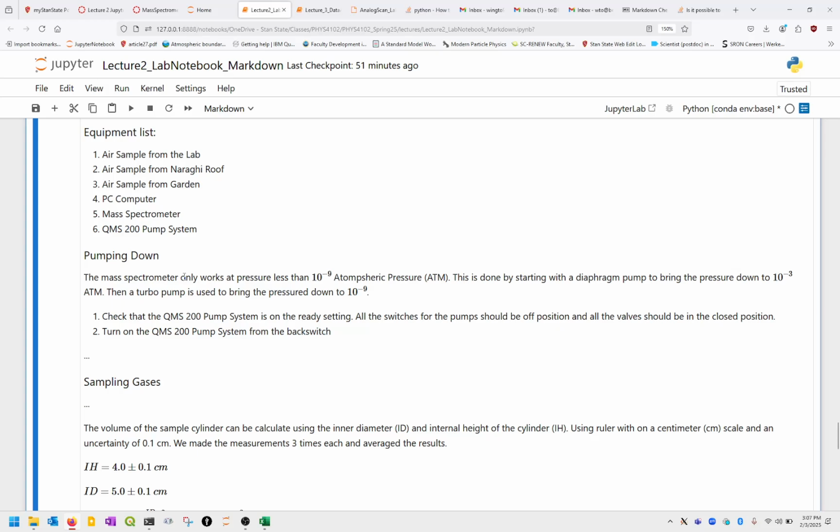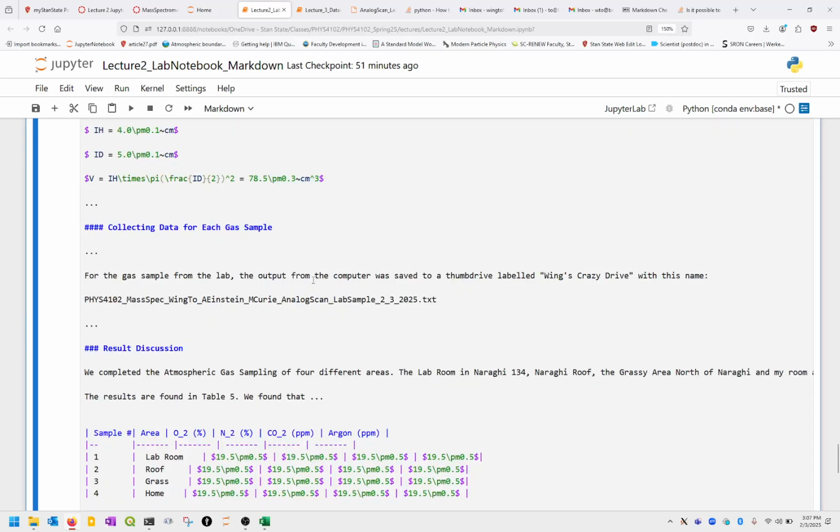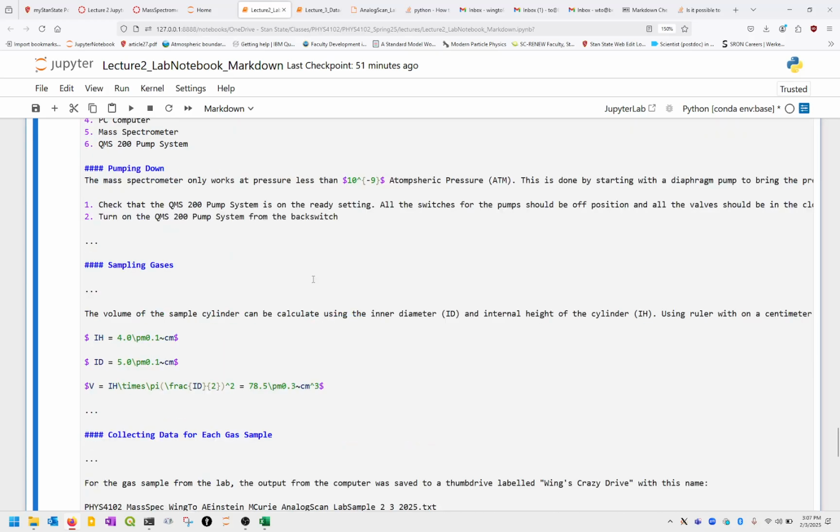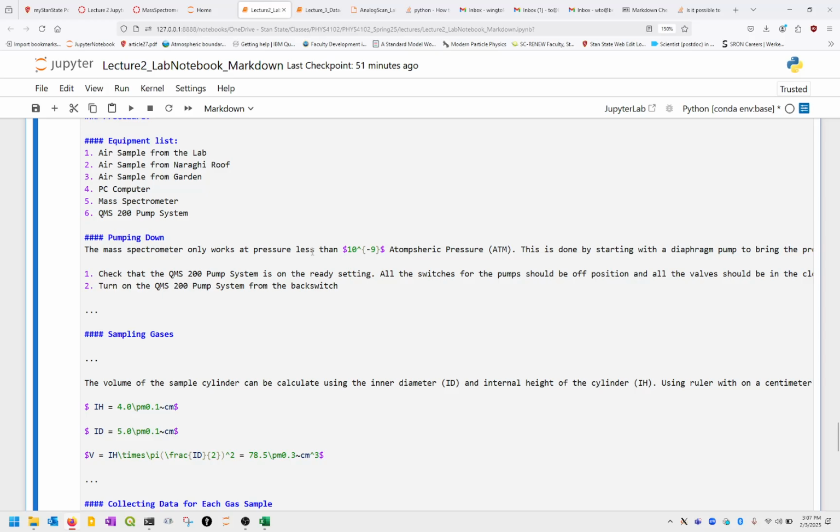Okay, and then you basically, for each subsection, pumping down, sampling the gases, they have different parts to it. As you can see even in this notebook, I am using the math functionality whenever I have a number that's not a simple number like 10, 20, but 10 to the minus 9, a number that's going to require some special fonts. I put a little dollar sign around it, and then I'm able to put this to be 10 to the minus 9,